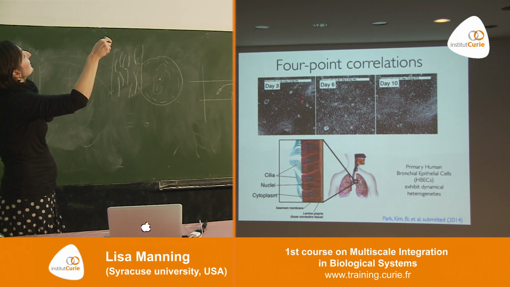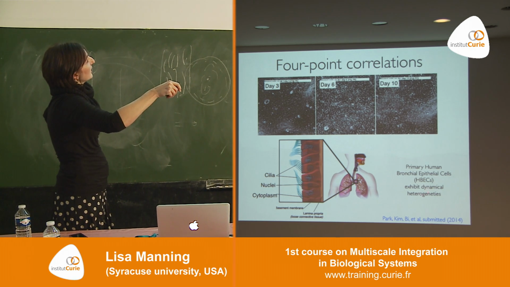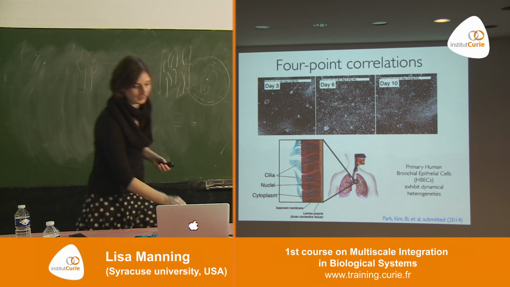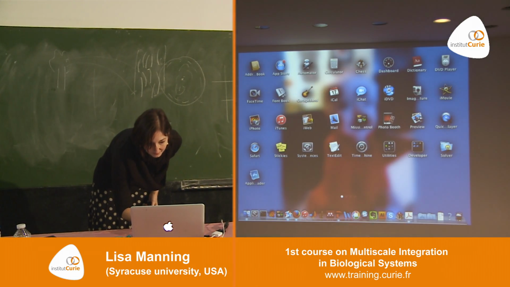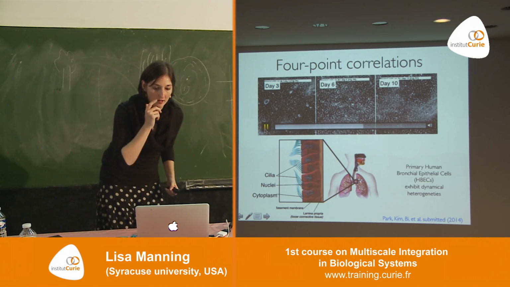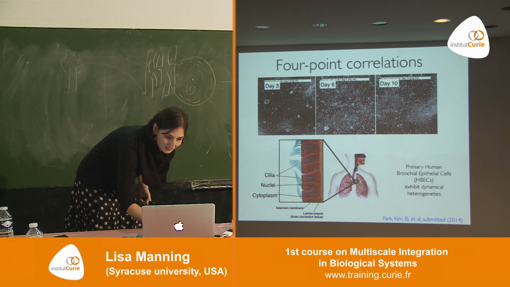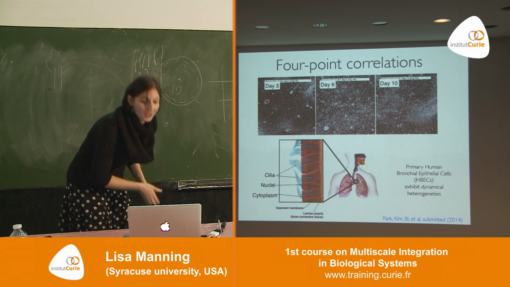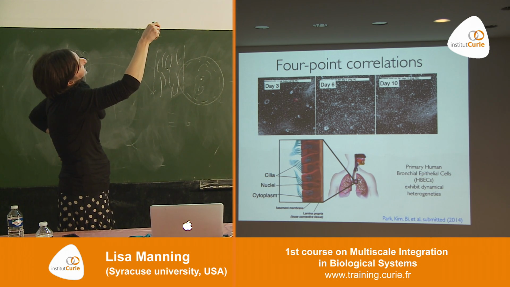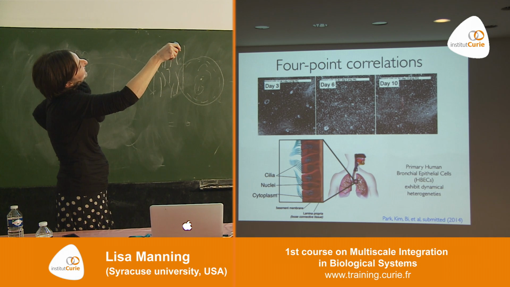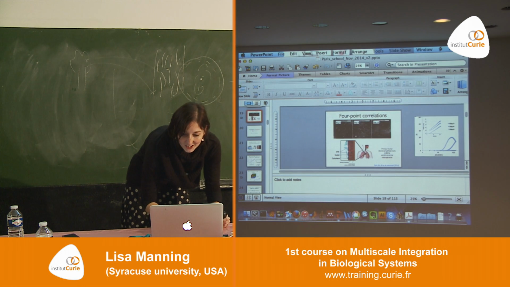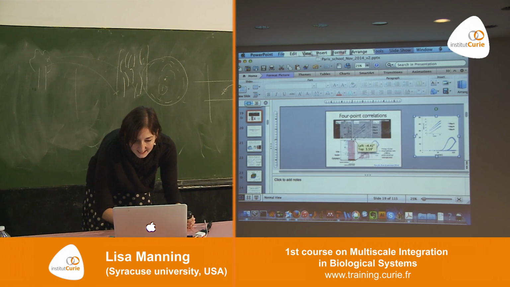So these are movies of cells that are actually taken from human patients. These are primary cells. And what you can see in the movie, if I play it again, is that, oh goodness, I guess you can't see that this is much shorter than the other one. Okay, never mind. You can't see any motion in these pictures. This is the cells at day 3, day 6, and day 10, and these movies aren't long enough for you to see. I apologize for that. But you can measure the mean squared displacement and calculate this